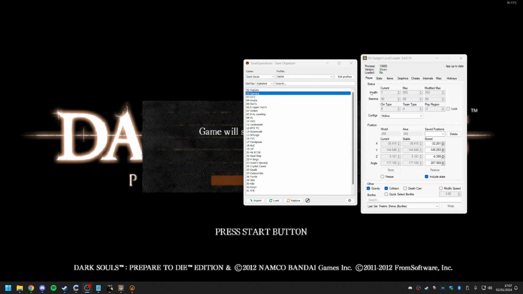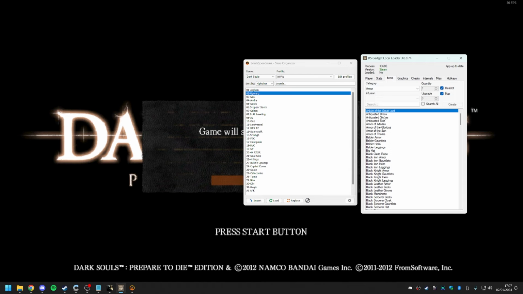But there's one more tool that I would like to mention, and it's used for routes where you farm a Black Knight weapon. In this game, there's some routes that use weapons from the Black Knights that have not 100% drop rate. So in those runs, you kill the Black Knight, and if it doesn't drop the weapon, you have to restart the run every time until it drops it. But that's not good when you're learning. So what you do when you're learning is you do the thing, you kill the Black Knight, and if it doesn't drop the weapon, you use a gadget to generate that